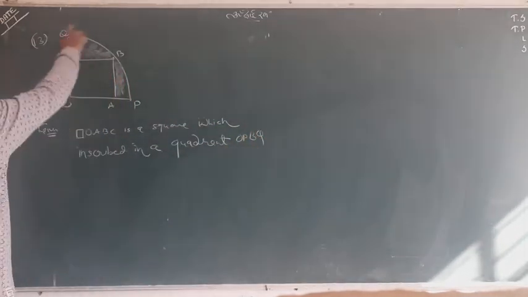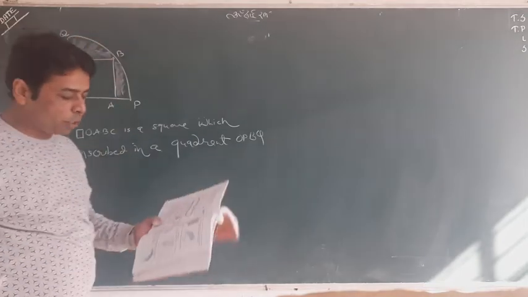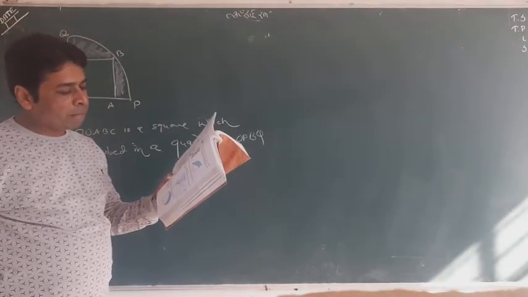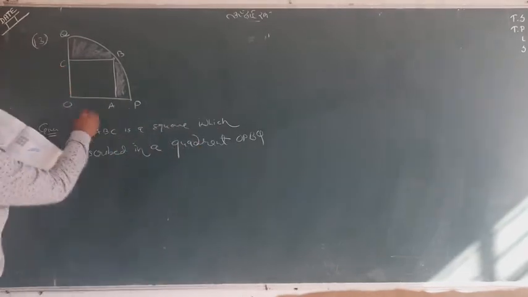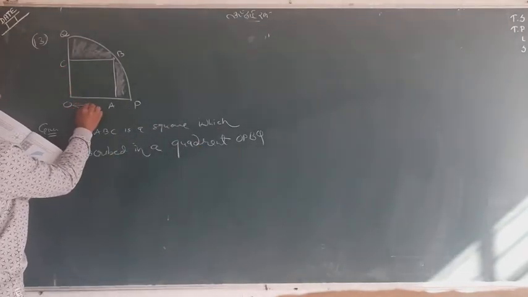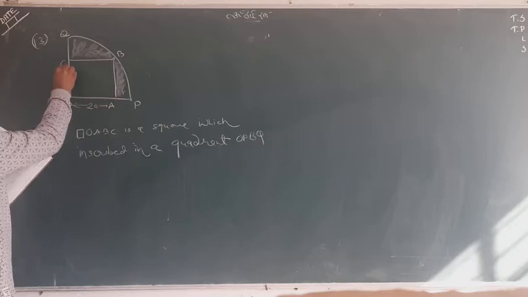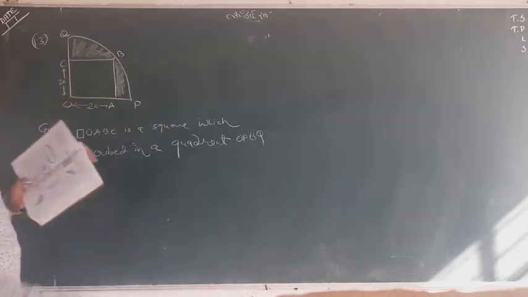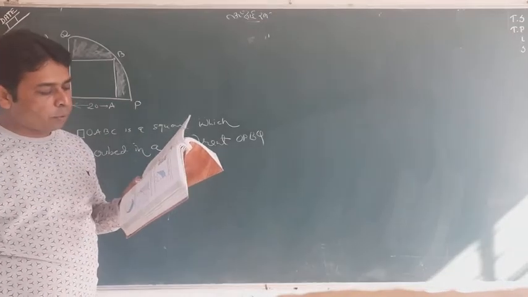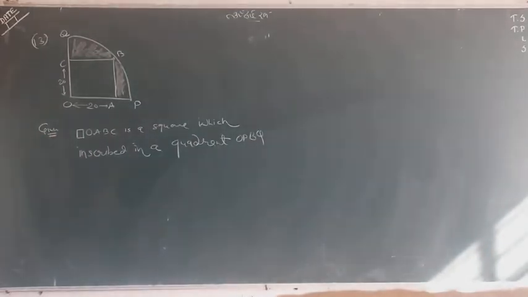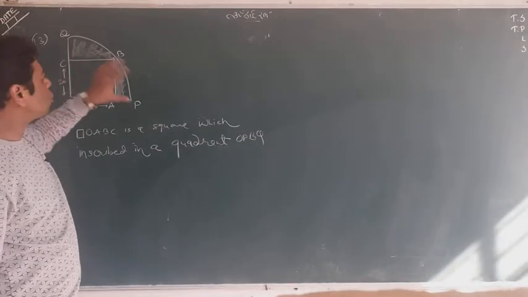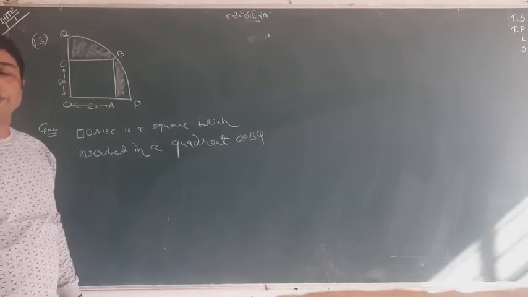This is a square which is inside of the quadrant OPBQ. Now next, OA is 20. This distance is 20, so this distance is also 20. One can simply understand it's a square. Find the shaded region. So we want to find these two regions. This looks easy, very easy.